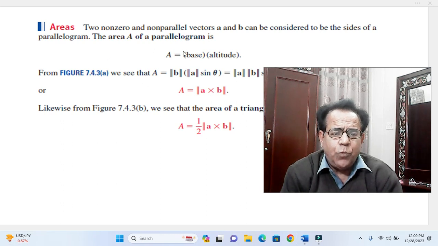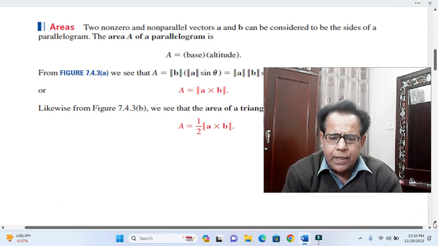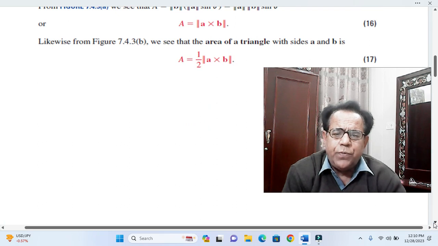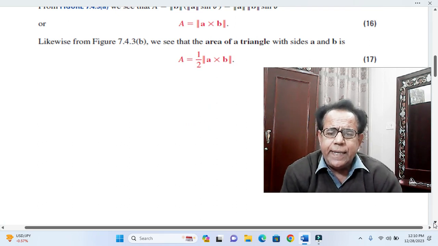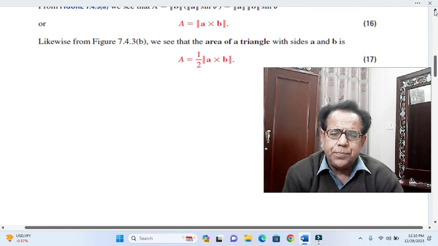The area A of a parallelogram is A equal to base into altitude, which is A equal to the magnitude of A cross B. While in case of a triangle, we have to multiply it with half. Likewise, from the figure we see that the area of a triangle with sides A and B is